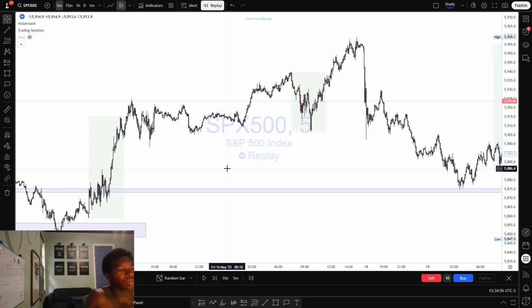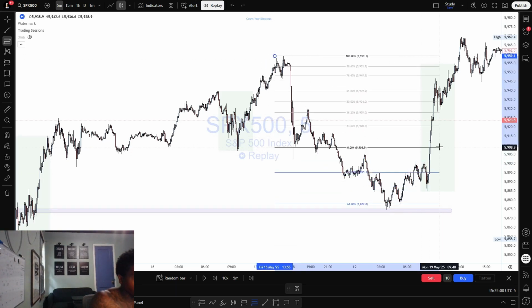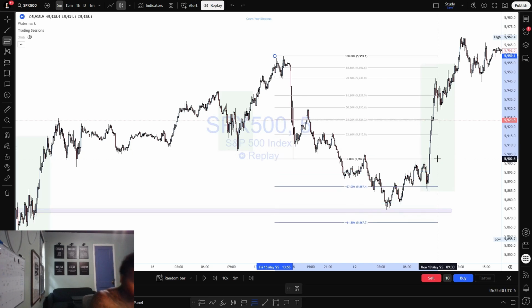I'm actually not sure. But we was learning Fibonacci for a while, and I'm pretty sure Fibonacci would have showed us that this is a reversal area. So Fib does that. I've seen numerous Fibs where some levels are respected, and some more so. I wouldn't say respected. I would say price would go to that point, and basically reverse from there.